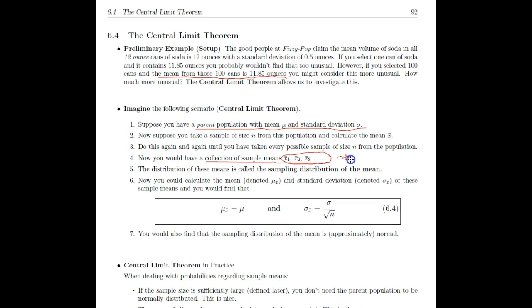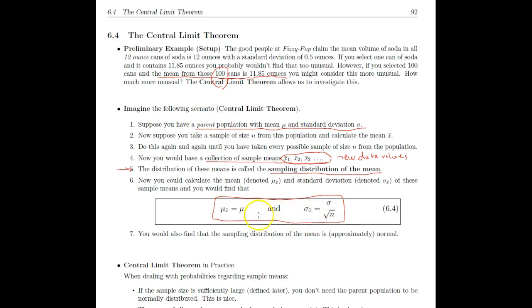So your new data values make up a new data set. And this new data set is called the sampling distribution of the mean. Okay, it's a new distribution of data values, and we call it the sampling distribution of the mean. And basically the data values in here are all these x bars of these samples from this sample size of 100. Now that's kind of the background of the central limit theorem, and in this box are basically the two big statements of the central limit theorem.